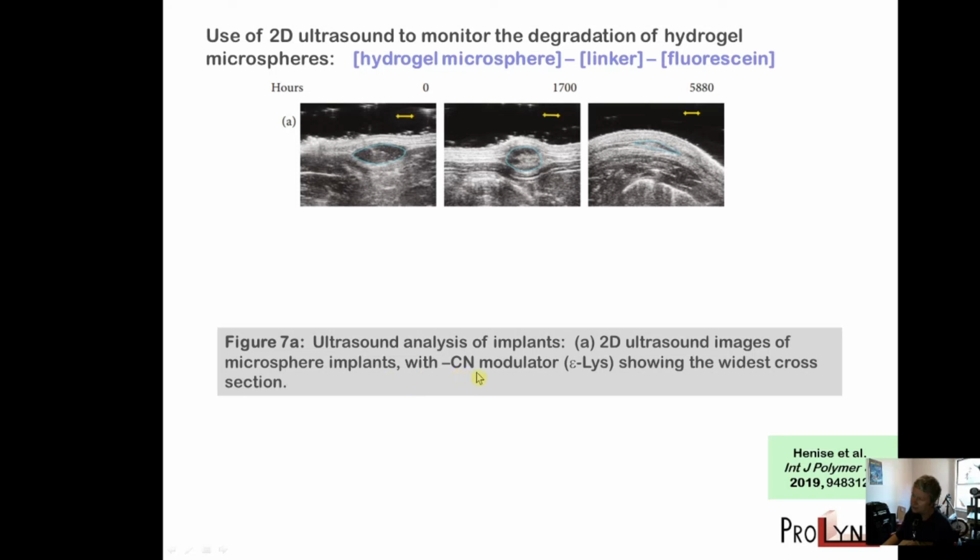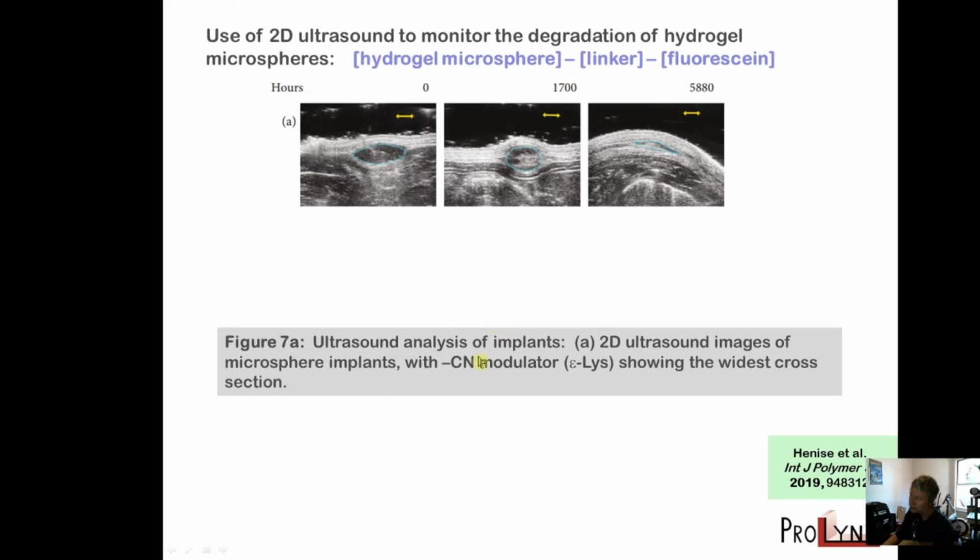They're using CN1, remember CN? That was the slowest one. That was the one that degraded the slowest. It was the modulator with the slowest degradation. They're using epsilon lysine, which is one of the lysine frameworks we talked about. And it showed